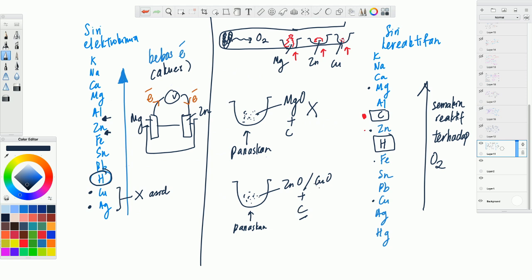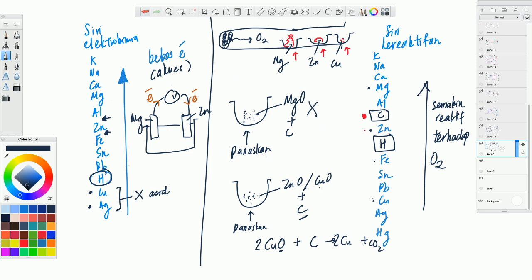So sekiranya dengan kuprum, karbon boleh mencuri oksigen kuprum menjadi kuprum dan karbon dioksida. Okey. So dengan cara ini kita kata bahawa karbon lebih reaktif terhadap oksigen berbanding dengan zinc atau berbanding dengan kuprum atau